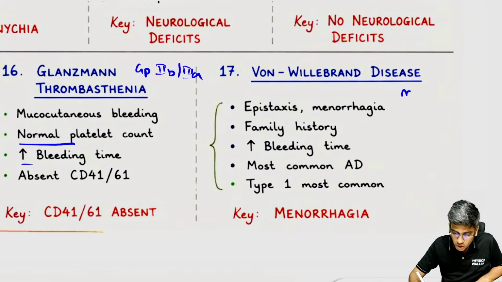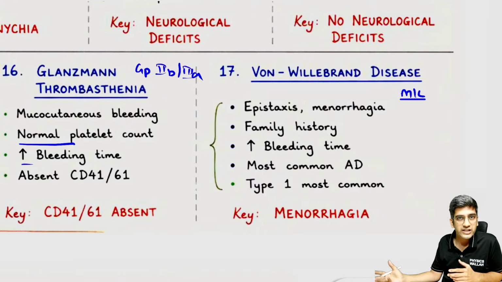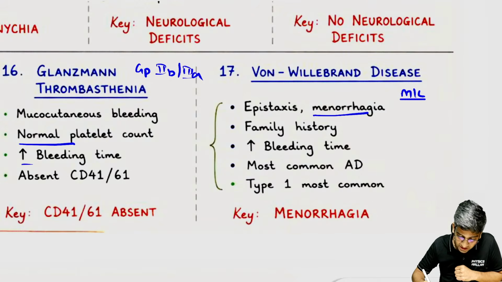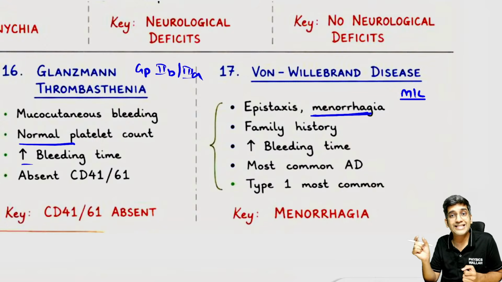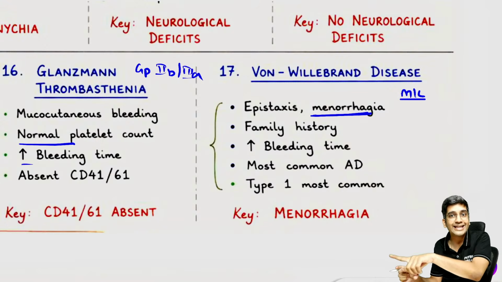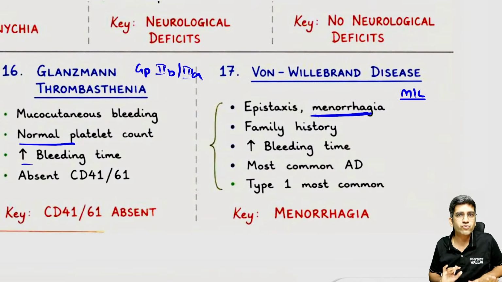Last but not least, von Willebrand. The most common inherited bleeding disorder is von Willebrand disease. Never forget that. It has come multiple times in the NEET PG exam. So if it comes in NEET PG, there's a very good chance it might come in an MCQ for you also, right? Menorrhagia is by default the most common presentation because autosomal dominant is the most common inheritance. Later in life, bleeding after trauma. Of the two genders, one gender has trauma consecutively every month, right? So menorrhagia, one of the classical presentations of von Willebrand disease.